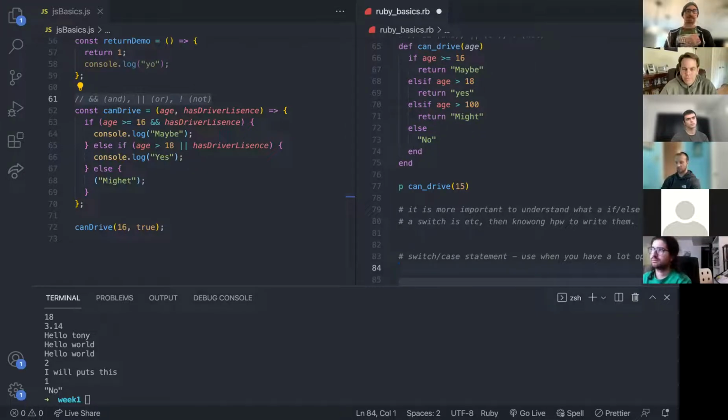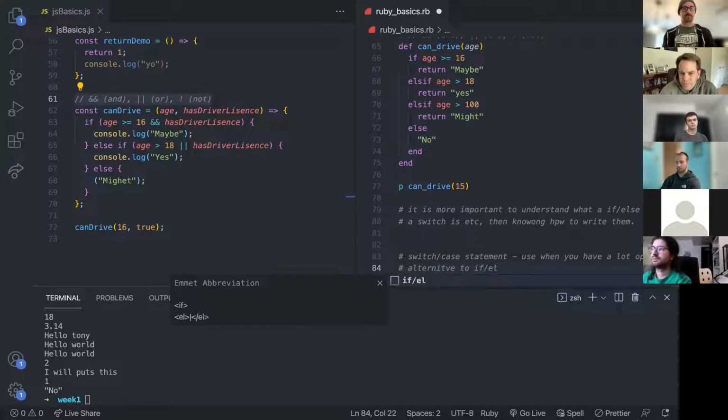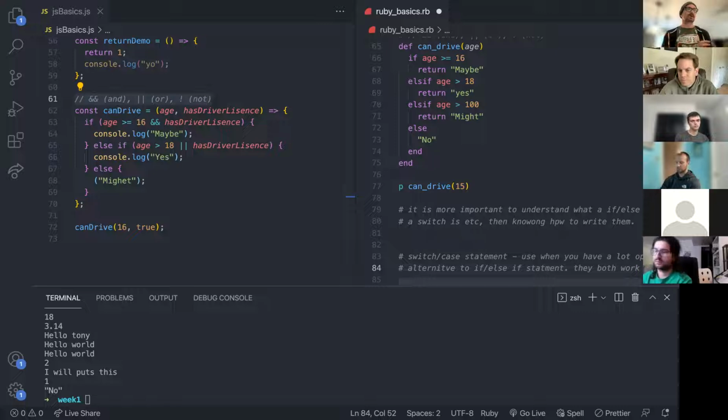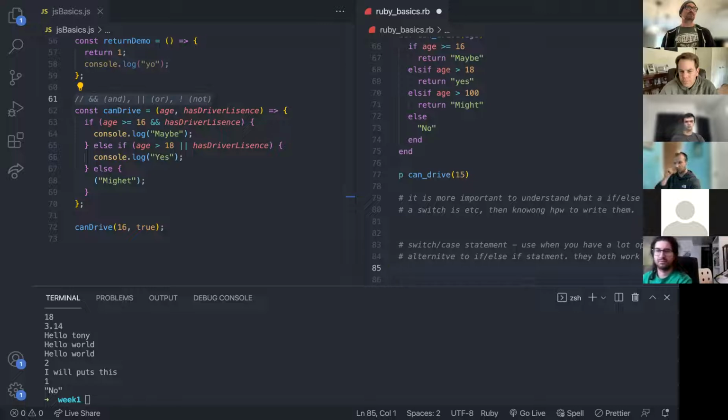A switch case is kind of like an alternative to an if else if statement. They both work. One's not going to work better than the other. They do the same thing. It's just different syntax. So in Ruby,